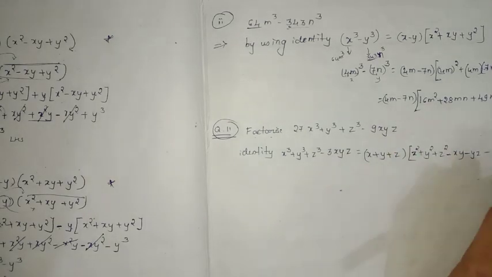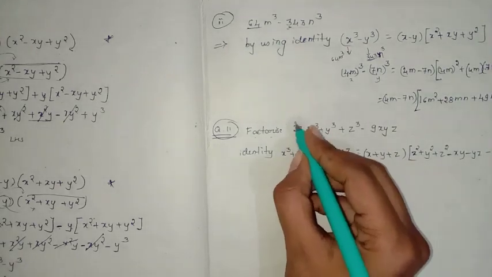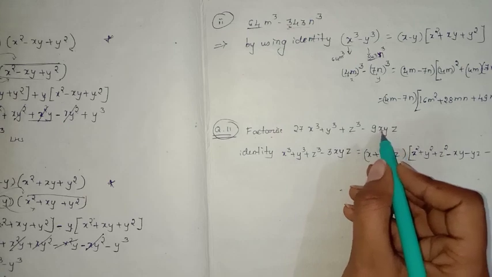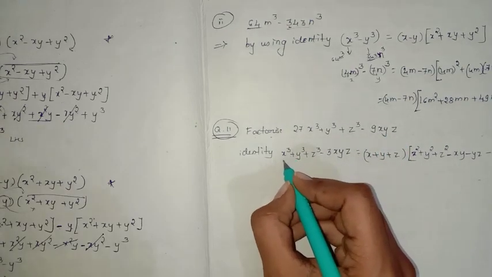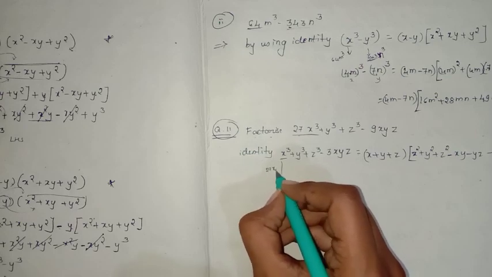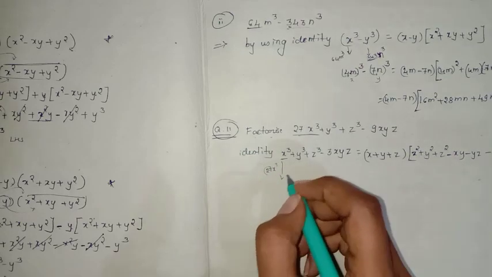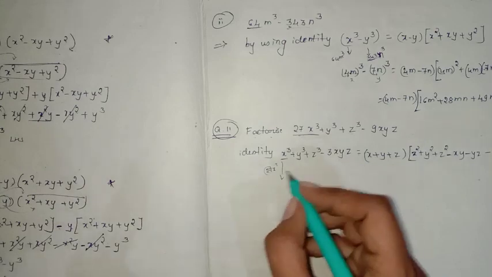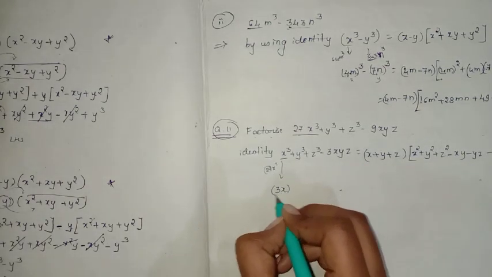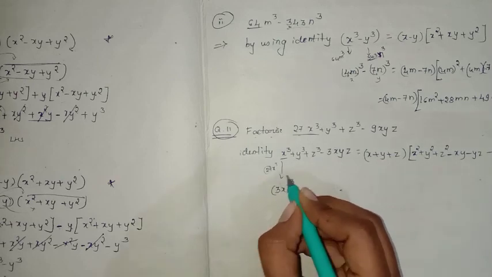So now you can easily solve the formation. So it is 27x cube plus y cube plus z cube minus 9xyz. So you have to adjust for this. So x cube you have to adjust. So 27x cube they have given. So 27 is the cube of which number? So 27 is the cube of 3. So that means 3x whole to the power cube. 3 into 3 is 9, 9 3s are 27.